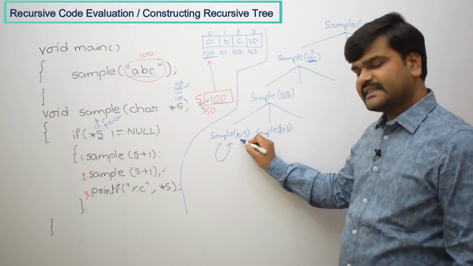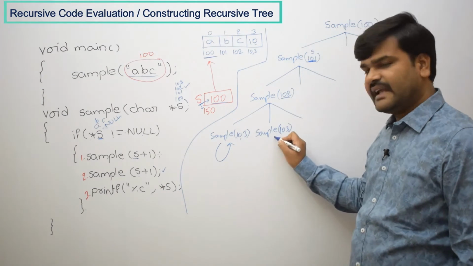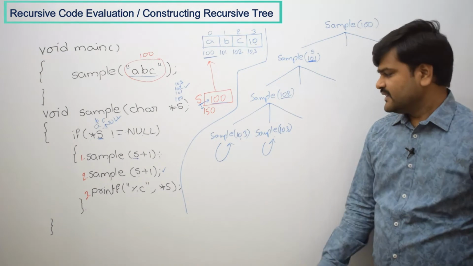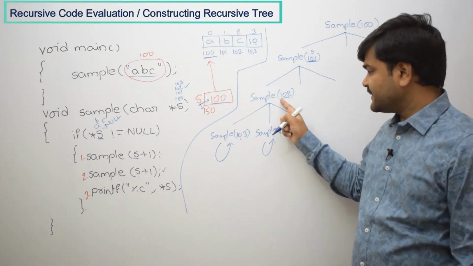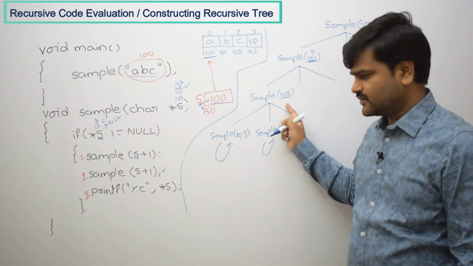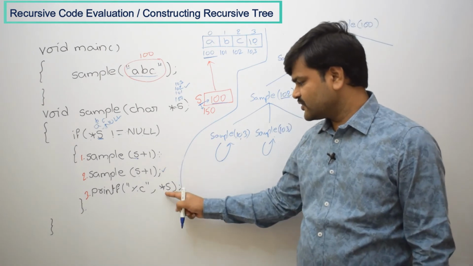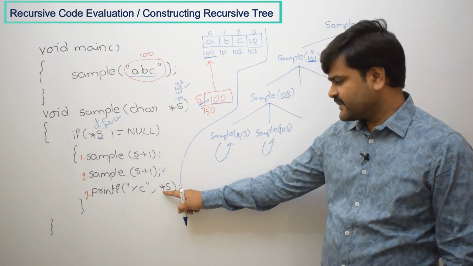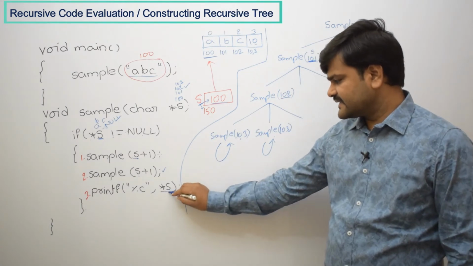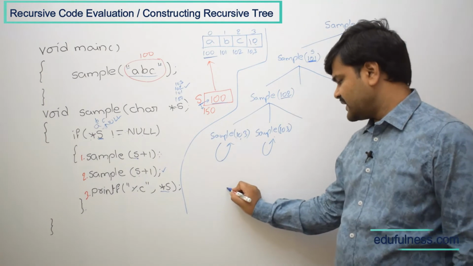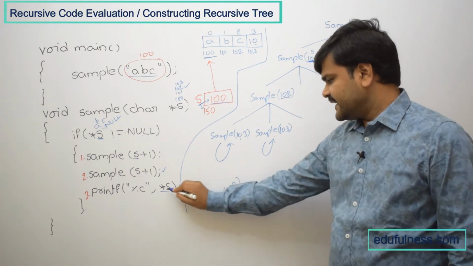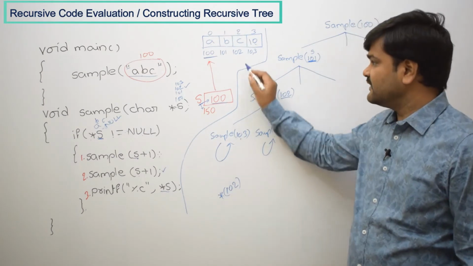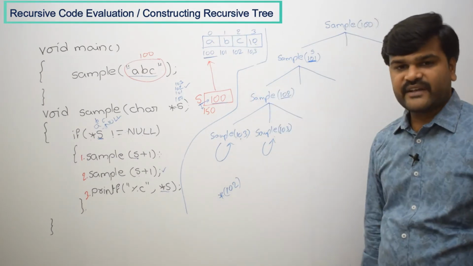In case of 103, the same thing will happen here also. That means it is also coming back simply. So that means two statements are completed with S value 102. Those two completed, go to the third statement. What is there in the third statement? Here you see, again star S. What is the current S value? 102. Before that, star is there. So star of 102 means whatever is there in 102, that is going to print.